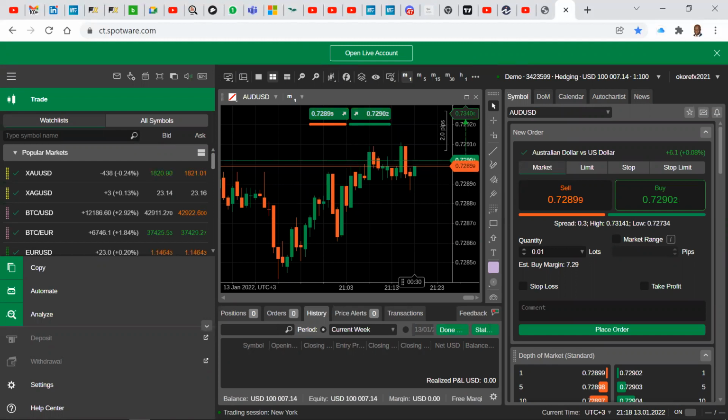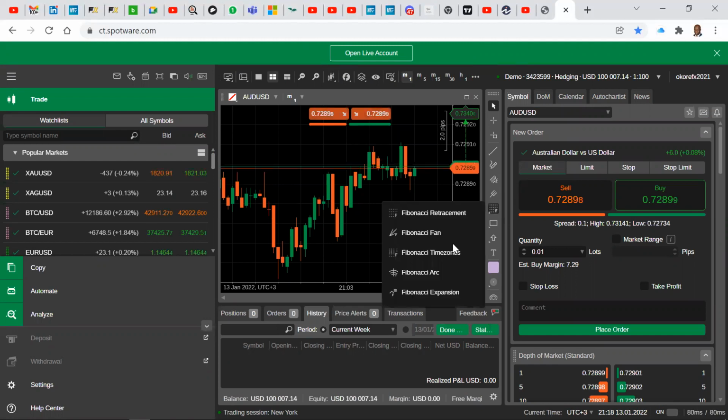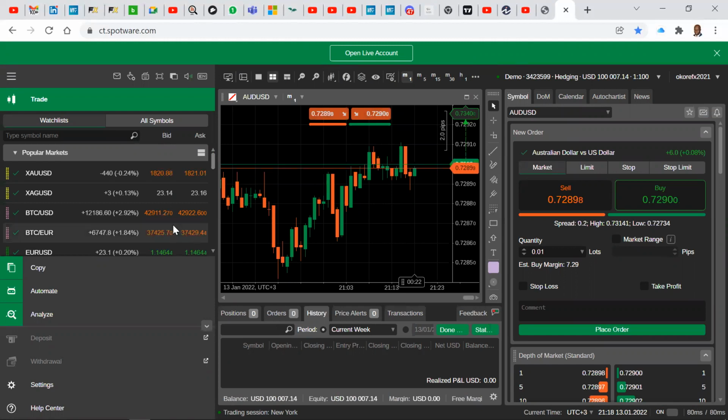This is for all of you. The first time you log in, this is what you get. It looks very busy, and that is fine. It's okay for it to be busy, but I want to show you the quickest and best way of removing all this clutter.